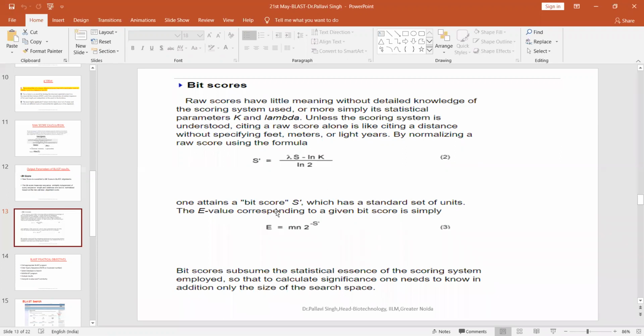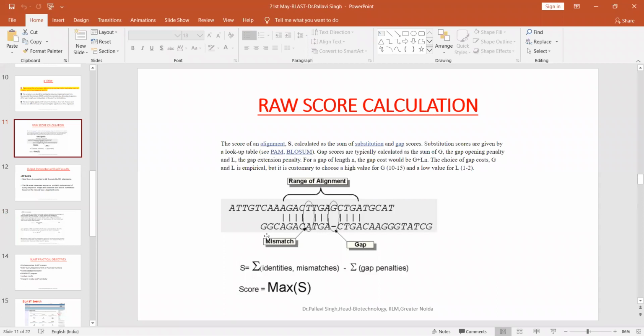And you should also know how I calculate the E value. So E value is calculated by taking into account the bit score. This is the formula. What are M and N here? M is the sequence length of the query and N is the sequence length of the database. So for the two sequences which I am comparing, M tells me the sequence size of the first sequence and N tells me the sequence size of the second sequence. So this is how, first, I need to calculate, based on the substitution matrices and the gap penalties, the raw score of alignment.